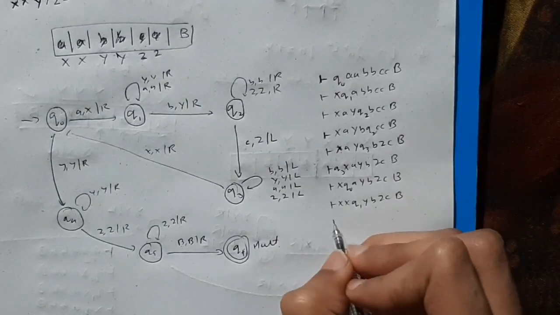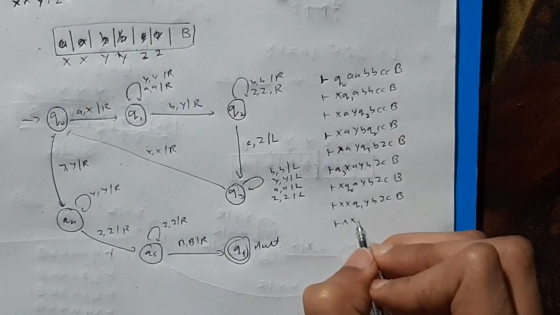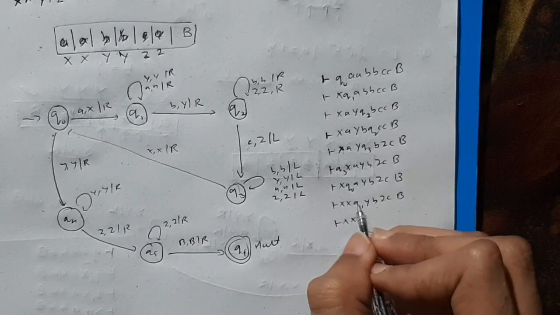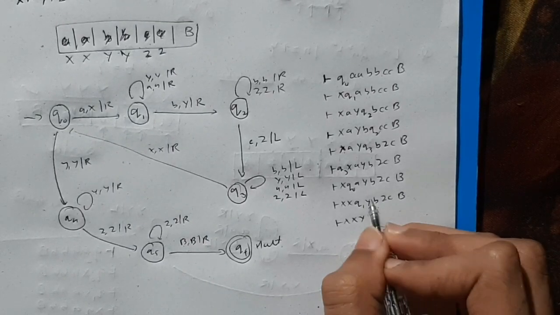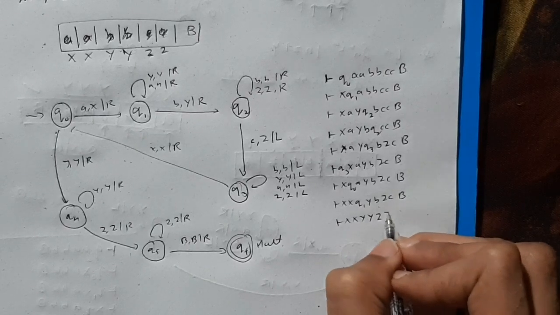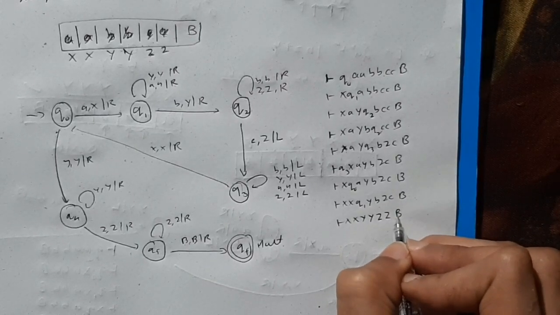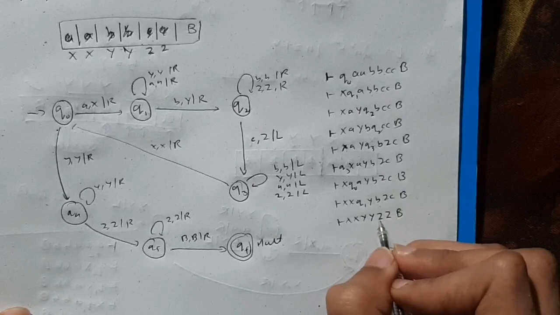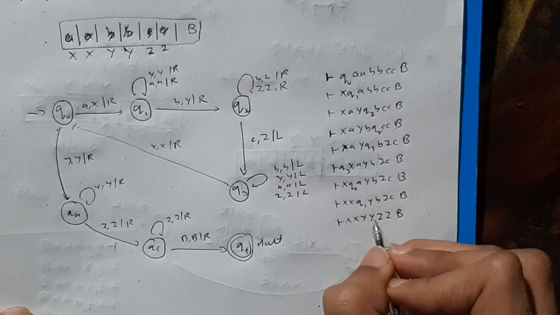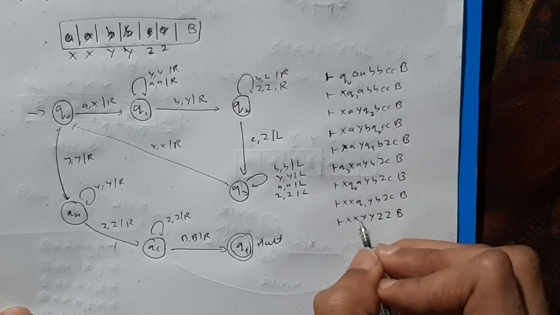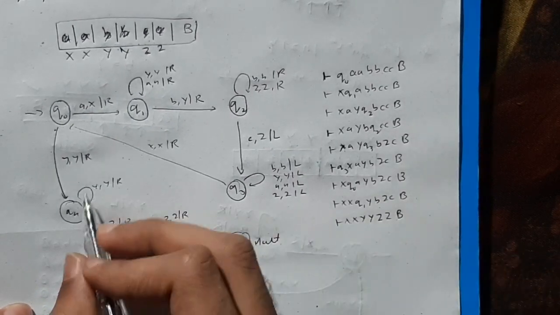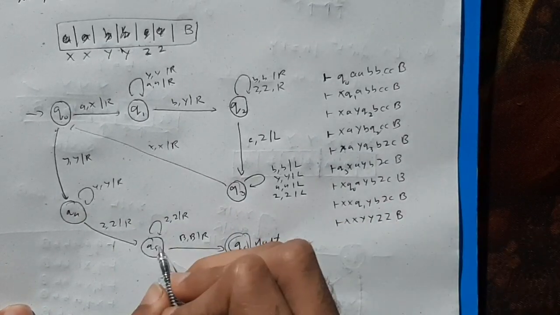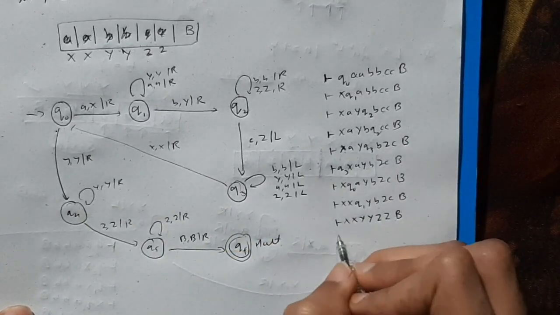And again the same things will happen until I reach this state, X, X, Y, this Y, and when I encounter here, it will again become Y, and here it will be Z, and I will encounter the second C, it will become Z here, and here is the B. So when I encounter this one, I'll move to these states. I'll move from Z to Y, then again X. I'll check if it's no more there, means the A is not there anymore. So I'll move again here. This loop will happen here. After that, the Z loop will happen here, and after that, when I reach here, it will be like this: